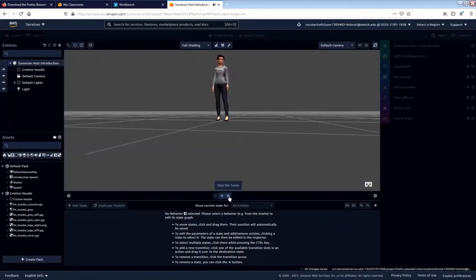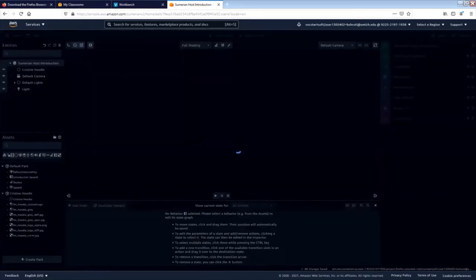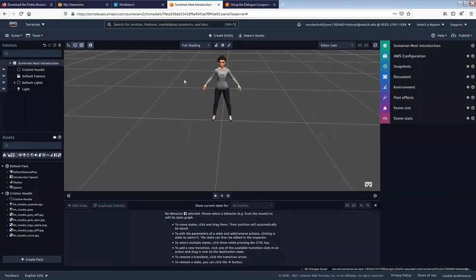So let me stop this now. So just now is doing. Now I will show how to create this host and how to add the feature of the speech and gesture, etc. So once that dashboard is created, you can see this is the entity panel and this one is the asset panel, and these are the components